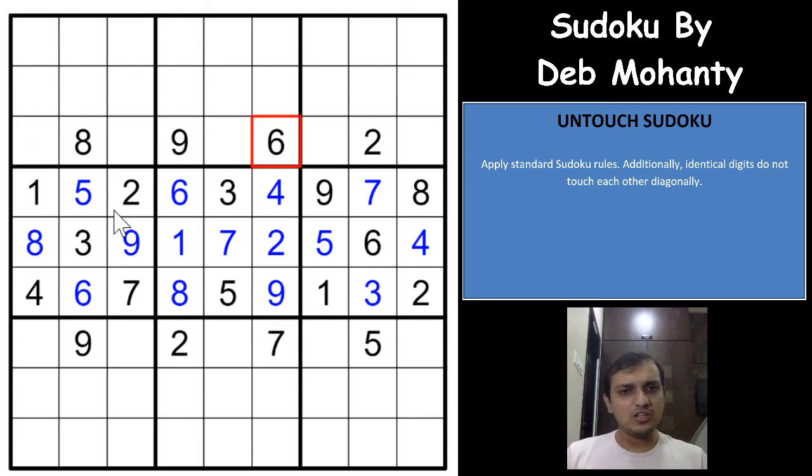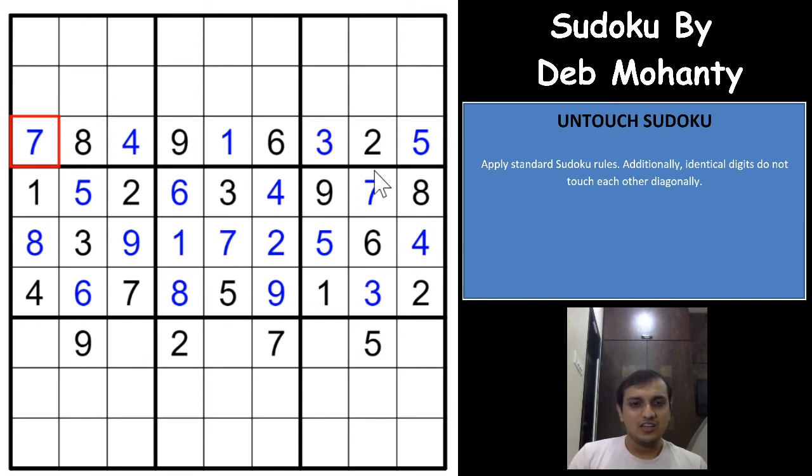So the numbers here are 1 3 5 7 and 4, 1 3 4 5 7. So 3 7 5 4, which means this has to be 1. Sorry. So 3 4 5 7, 5 is already here, 7 is already here, which means this has to be 3 4. So 5 is already here, 4 is already here, which means this has to be 3 7. And because of this 5, both of these cells cannot have a 5, and because of this 5, this cell cannot have a 5, which means this has to be 5. And because of the 7 here and the 4 here, this has to be 3. This becomes 4, this becomes 7, right? So as I said, the untouched property is very much helpful.